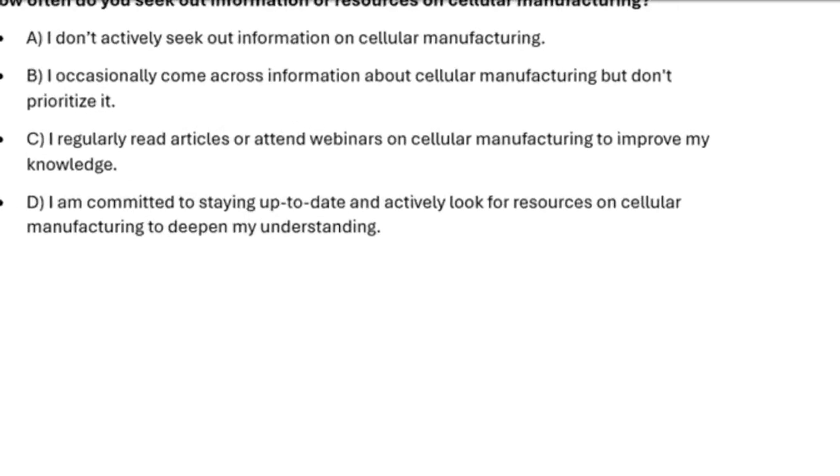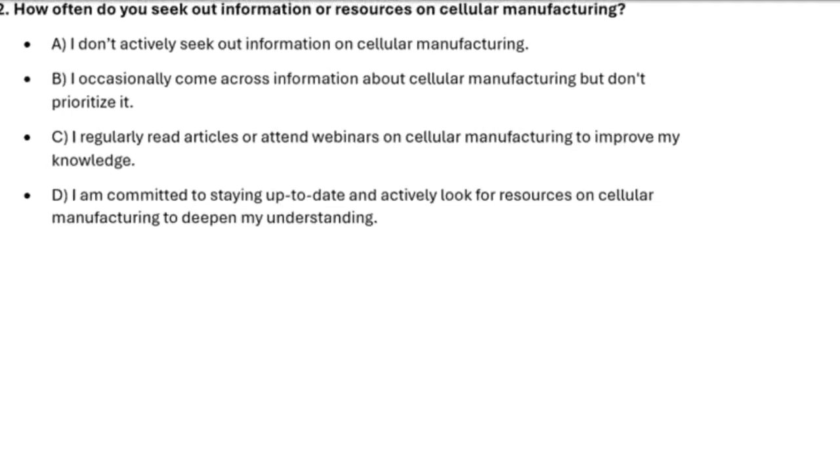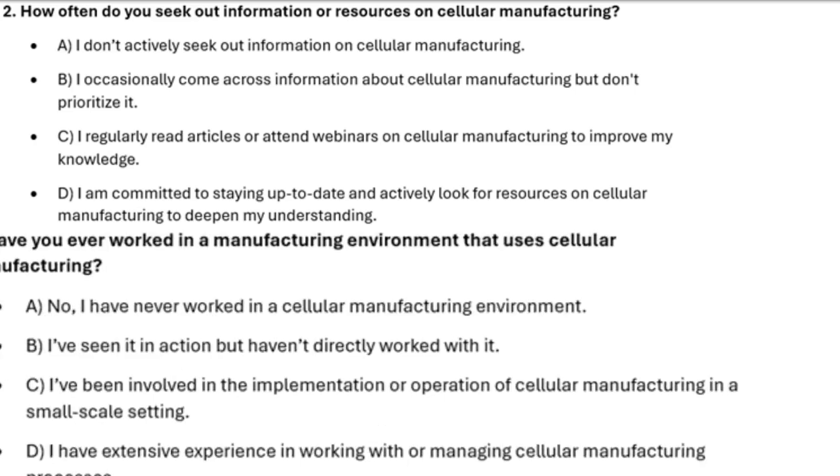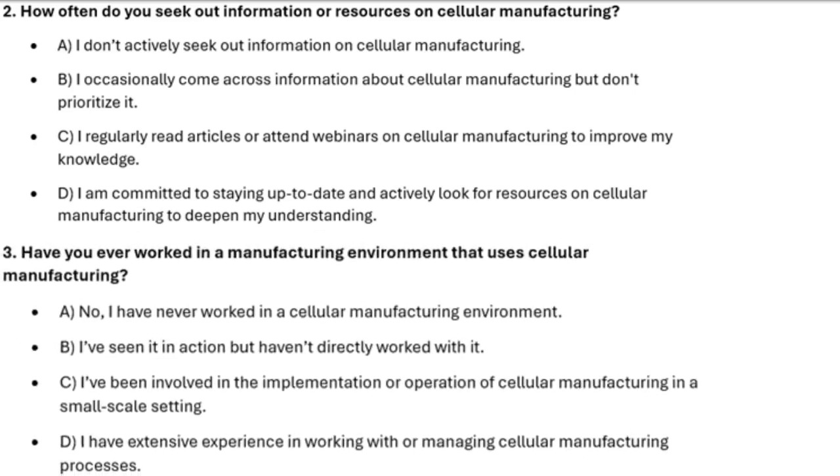2. How often do you seek out information or resources on cellular manufacturing? A. I don't actively seek out information on cellular manufacturing. B. I occasionally come across information about it but don't prioritize it. C. I regularly read articles or attend webinars on it to improve my knowledge. D. I am committed to staying up to date and actively look for resources on cellular manufacturing to deepen my